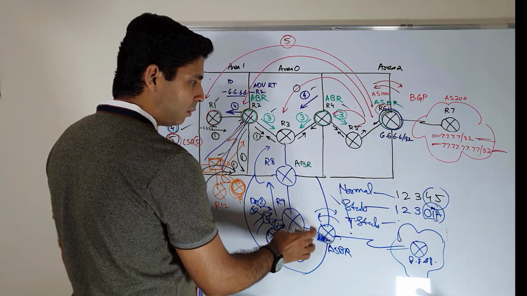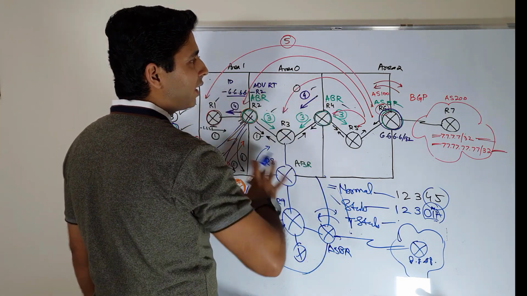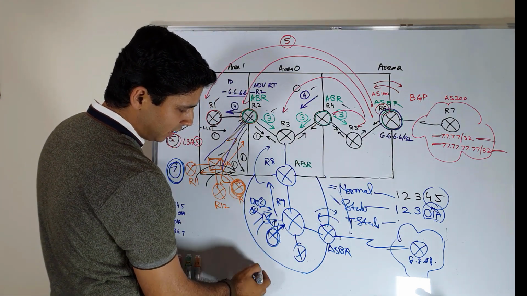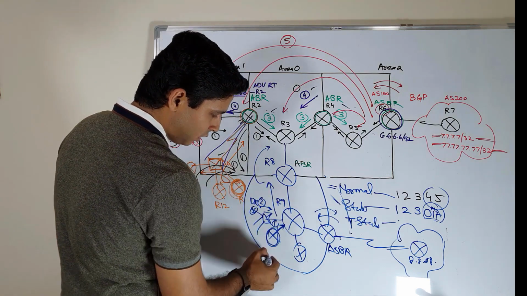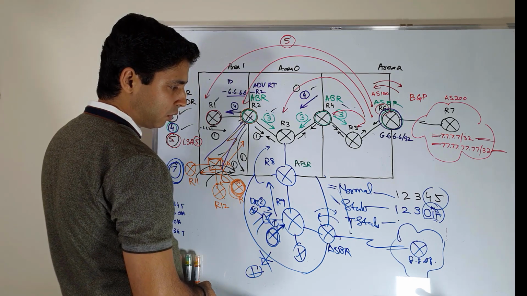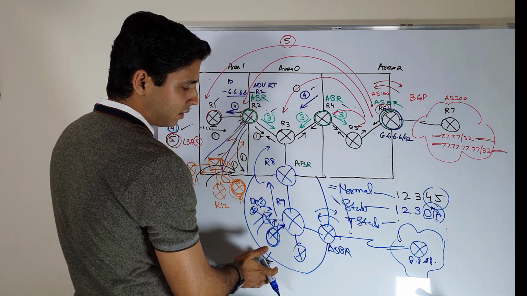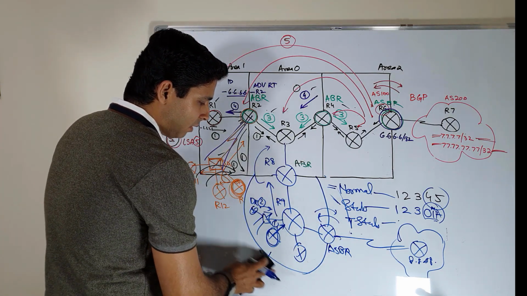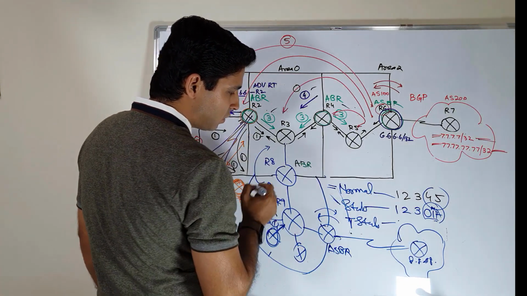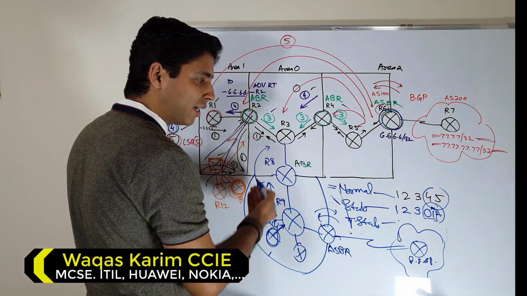NSSA, as you can see from the name: in a normal area we have everything and we can transit and go to the next areas. Stub areas don't allow us to go. If there is another destination on that side, a stub area will never allow this type of connection. Totally stub also does not allow a connection to go to the external one. So it means there is no transit. But we have another type which is flexible, where we can transit through. This is a stub area, but it is not so stub. You can see from the name that it is a stub, but we can still pass through.